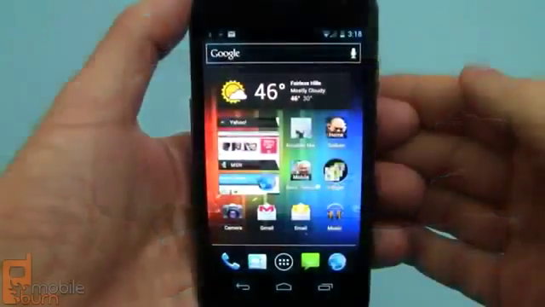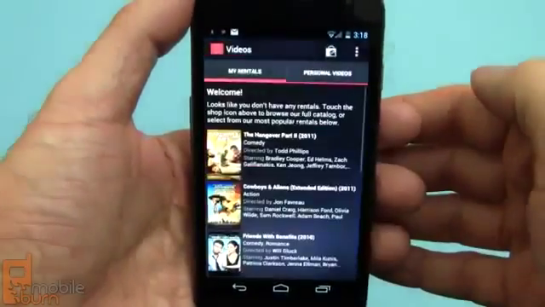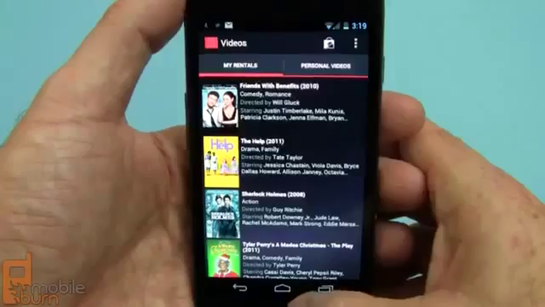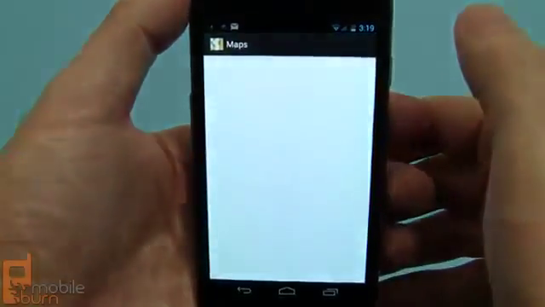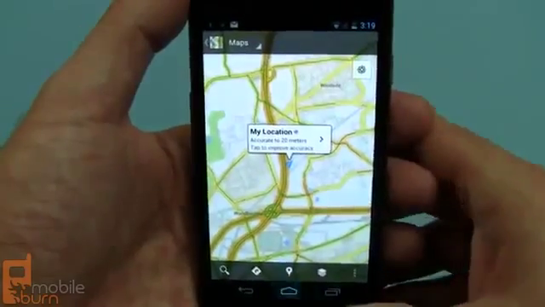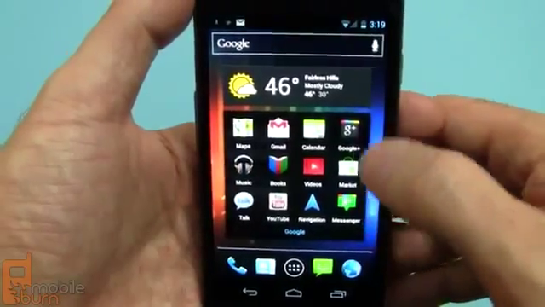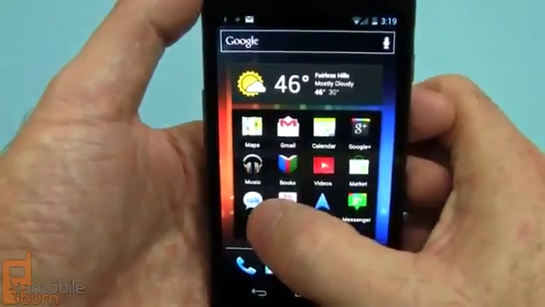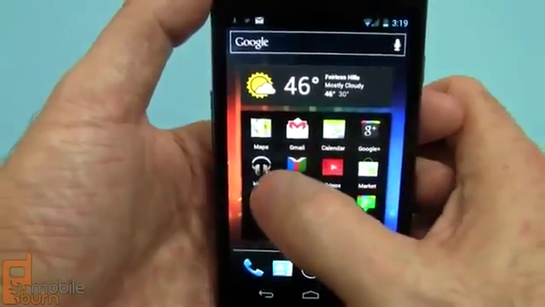Adios. And to wrap up, let's take a look at some of the other Google applications that are available on the device, such as Google Videos, where you can rent videos to watch on your HD-capable phone. Naturally, we also have Google Maps with full navigation support. And then there's the previously mentioned Google Plus application along with the G Plus Messenger that goes with it. YouTube, Google Talk, which we already showed you, Google Books for reading ebooks, and of course the calendar application and music